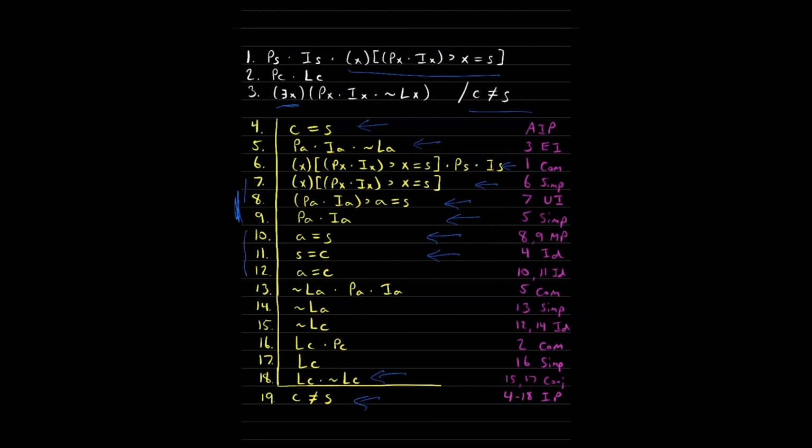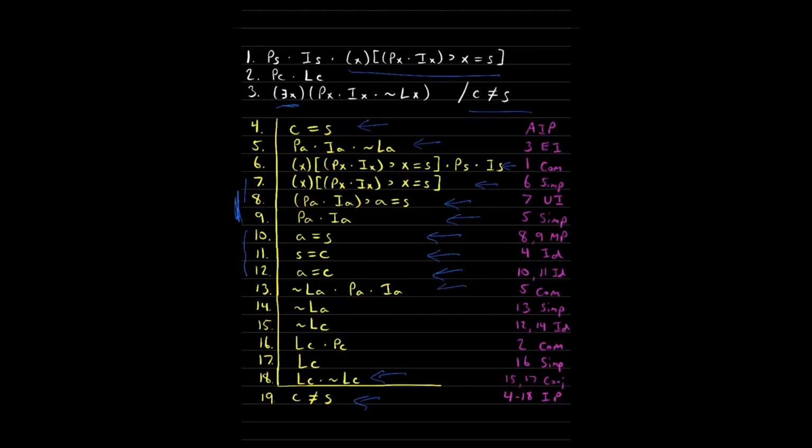If A is identical to S, that's what line 10 says, and S is identical to C, that's what line 11 says, then according to the identity rule, A is also identical to C, and that's what's going on here in line 12. From lines 10 and 11, we know that A has to be identical to C. Line 13 is also a commutativity step from line 5 to get not LA on the left side of that